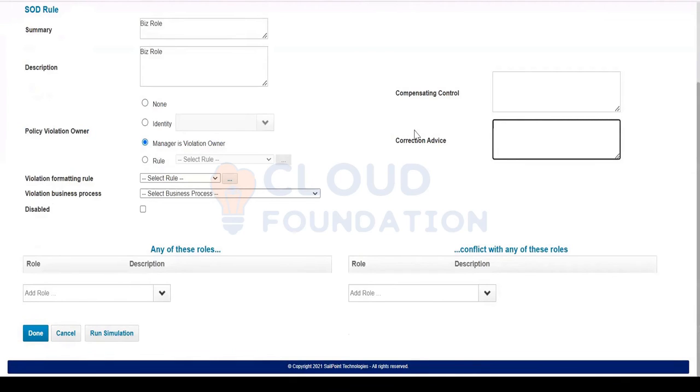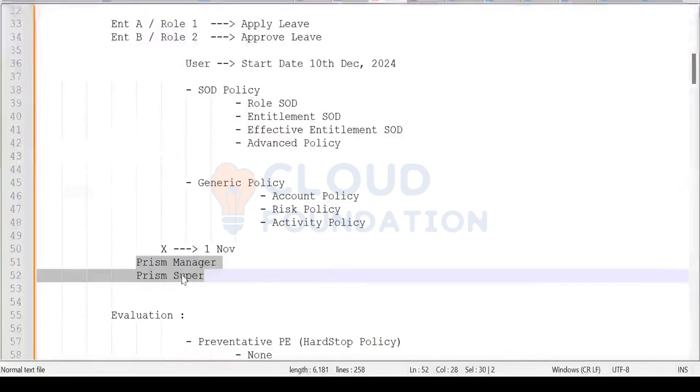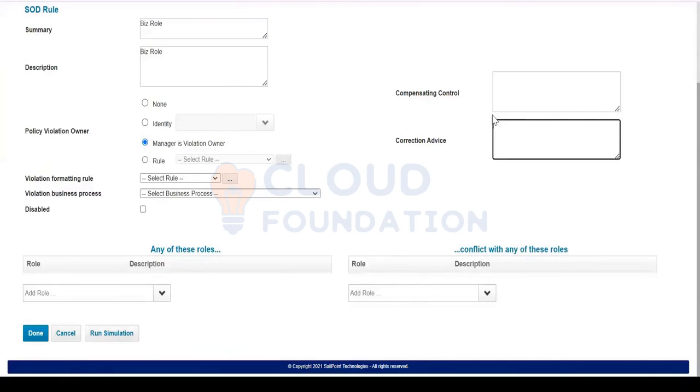We have to educate the business people, the requesters or all the end users, whenever a user is going to request by selecting these two conflicting accesses. So one should provide some correction advice. I'm going to add some statement here: finally, remove any one of the conflicting access, something like that.